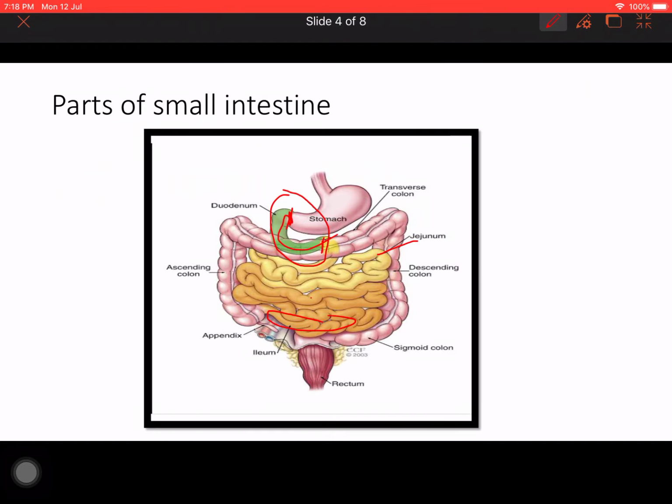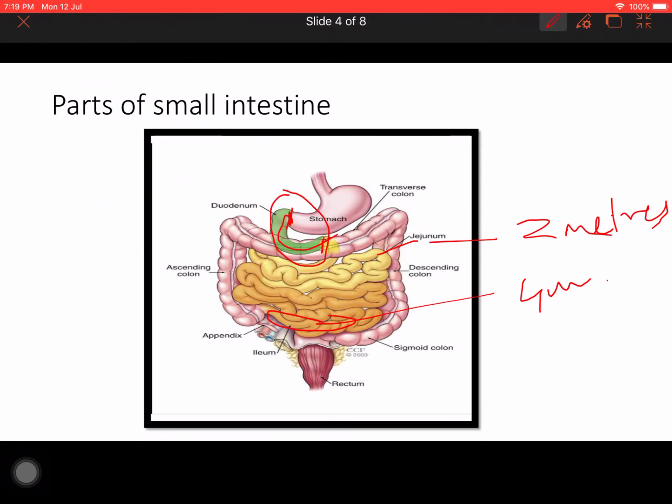This part is the ileum. So what is it? Ileum means a twist. In this ileum part you can see a twist. As it is twisted, it is about 4 meters in length. This is the twisted part, 4 meters in length. The jejunum is 2 meters in length, and the duodenum was the shortest part, and it was C in shape.